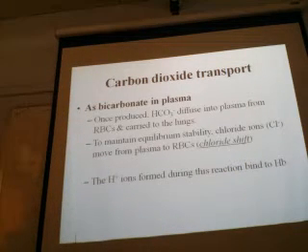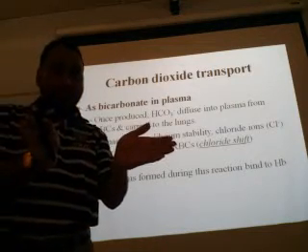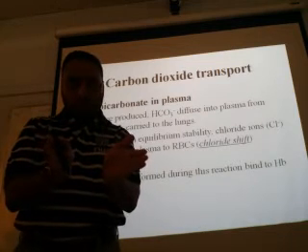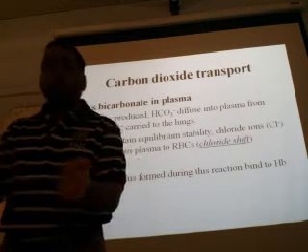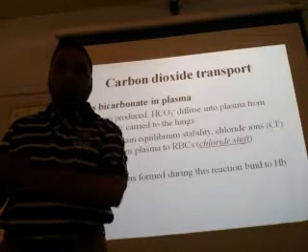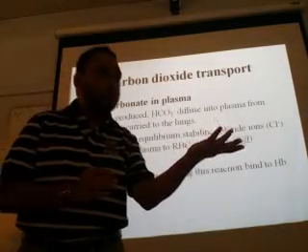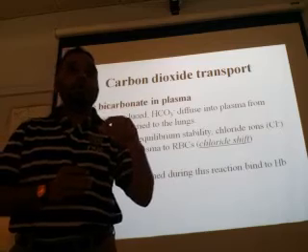Now once it is formed, bicarbonate diffuses into the plasma as bicarbonate in plasma. Once it is formed inside the RBC, it is dissociated. The dissociated proton, the hydrogen, what will it do? It has to bind with something. It will bind with hemoglobin, Hb, and be stabilized. And the bicarbonate ion diffuses out from the RBC into the plasma. So one negative ion is going out.